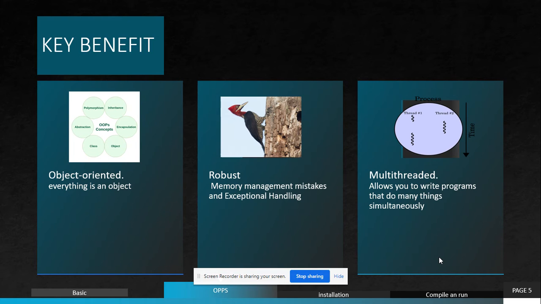Then another thing I'm saying is robust. Why can we say it is a robust application? Why is Java robust? Robust is about memory management mistakes and exception handling. What is that? Robust means whenever you are writing any multi-platform program, whenever you are running your program,